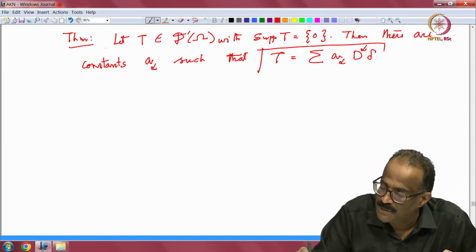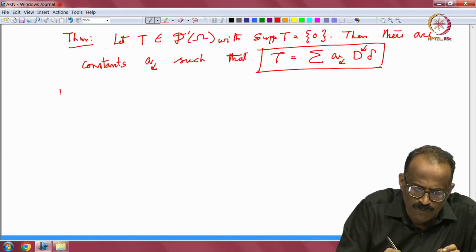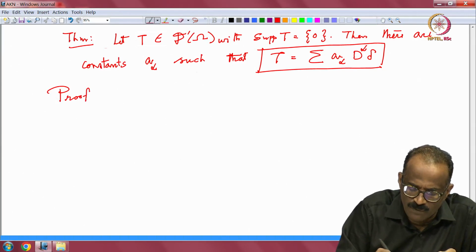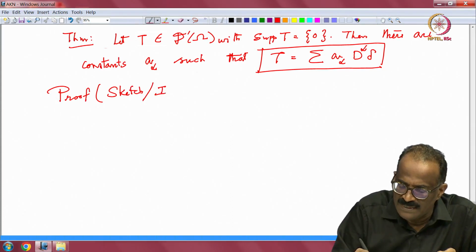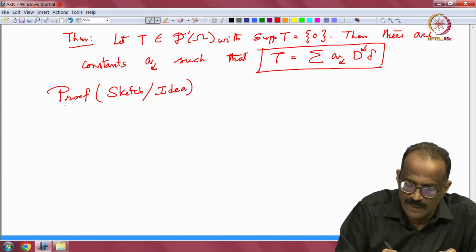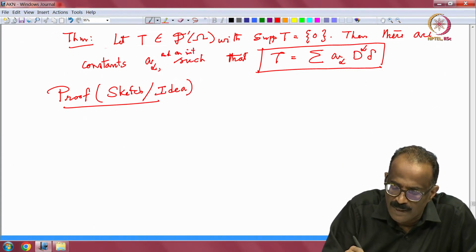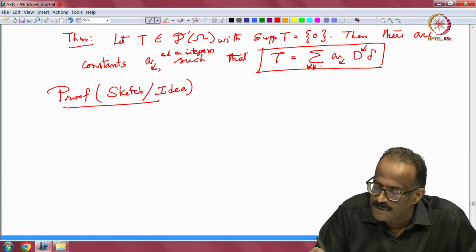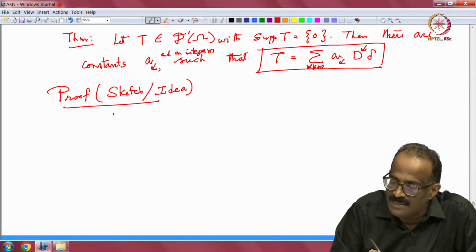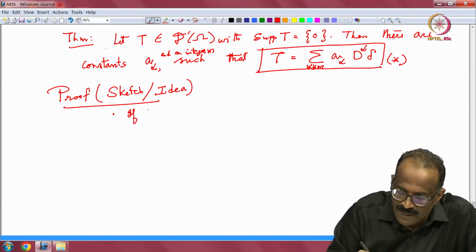You see, any distribution has an order. So, let me make some remarks, a proof sketch or idea. Basically, there are constants A alpha and a non-negative integer m, finite, with the sum over modulus alpha less than or equal to m. So, the first observation: if star is true,